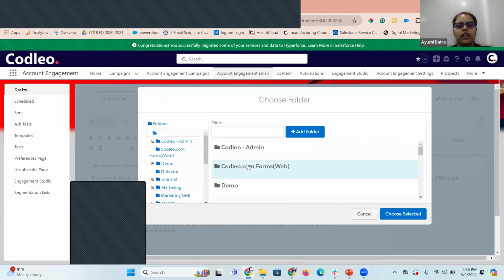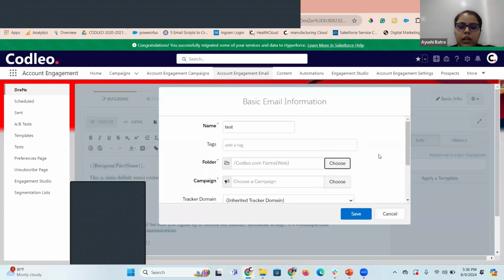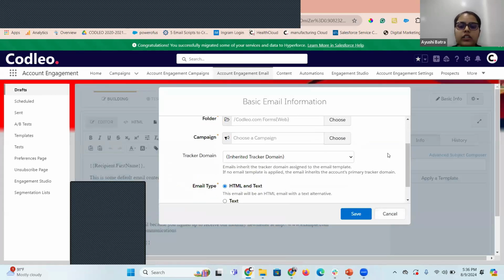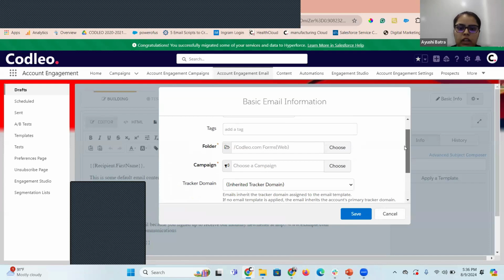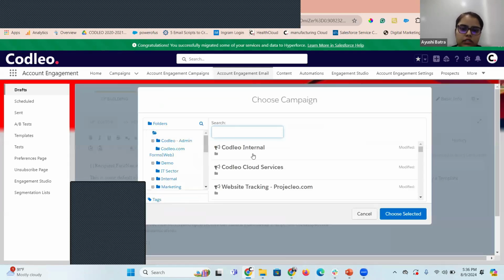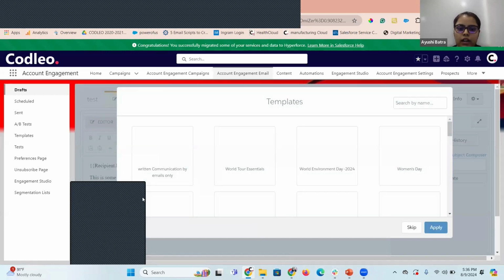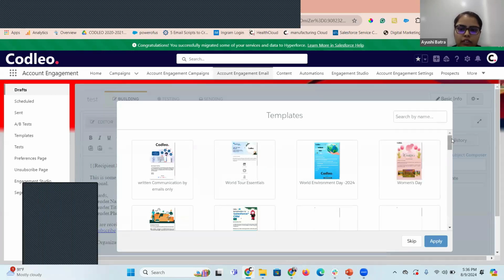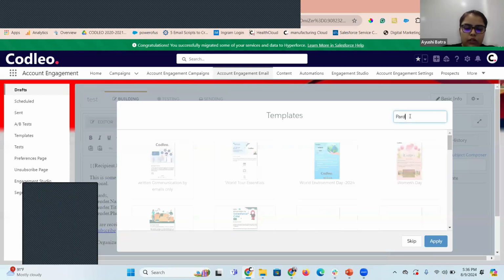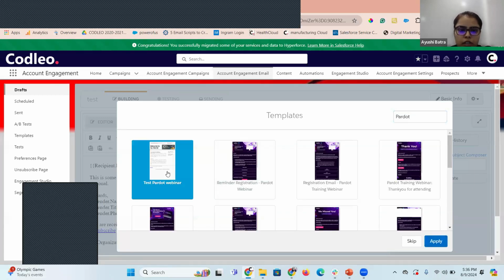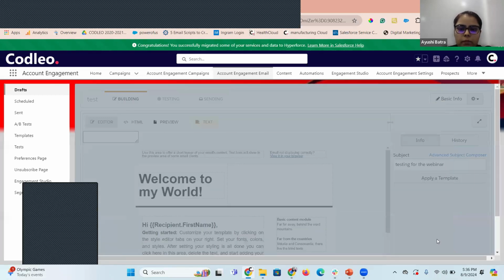You can also directly create the send email, but we would not recommend that, because if you make a template and then send it, you can also make changes to it. So it will be good for record purposes. You can simply click on Engage and click on the save button. Then it will ask you to choose the templates that you have created. Whatever template I have created right now will be visible to me, and click on the apply button.